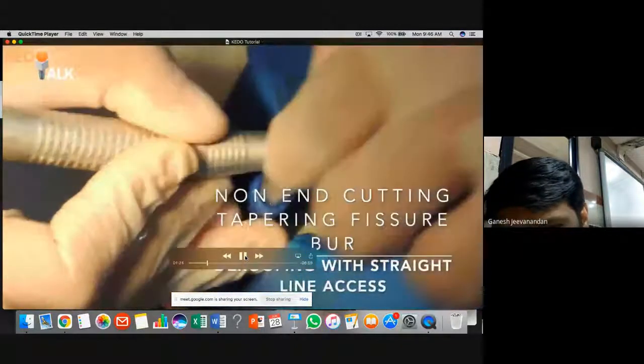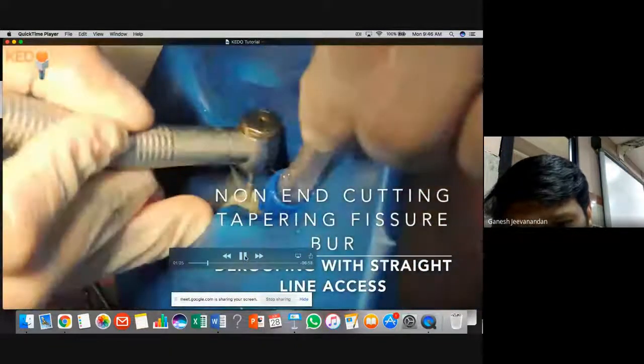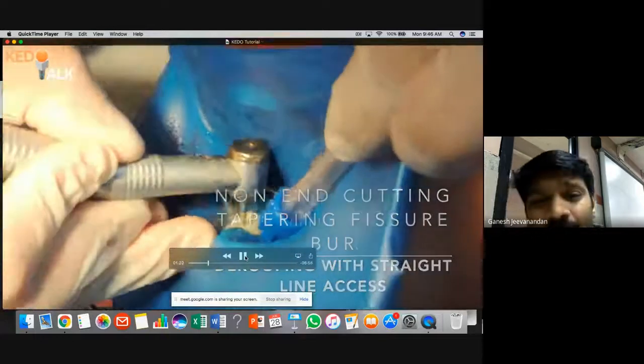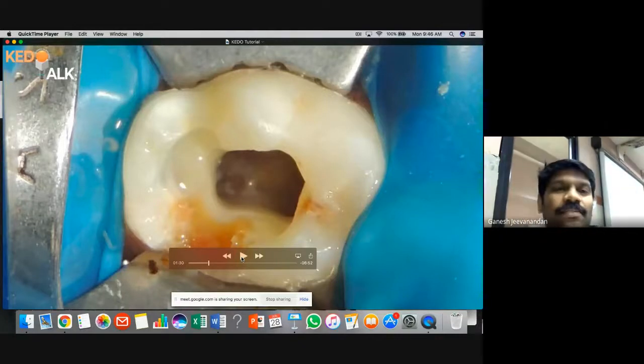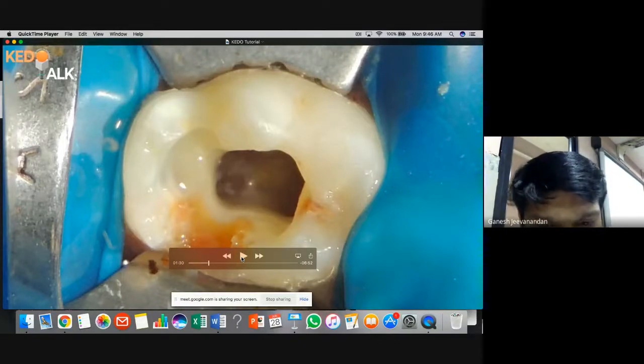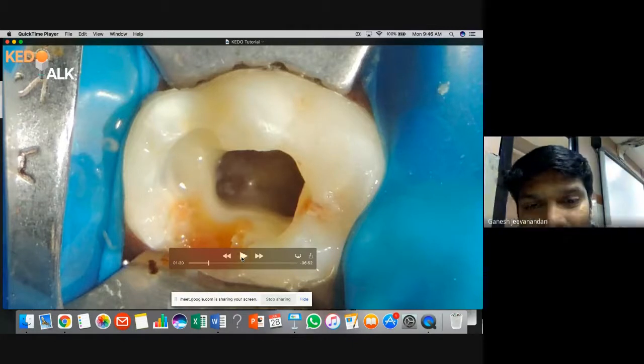You see this burr, it is a non-cutting tip or Safe-End burr. It will allow you to prepare like this without touching the furcation region. People who are doing pulpectomy for the first time always buy this non-cutting tip so that you will not touch the floor region. It will be very easy for you to do this de-roofing with the non-cutting tip.